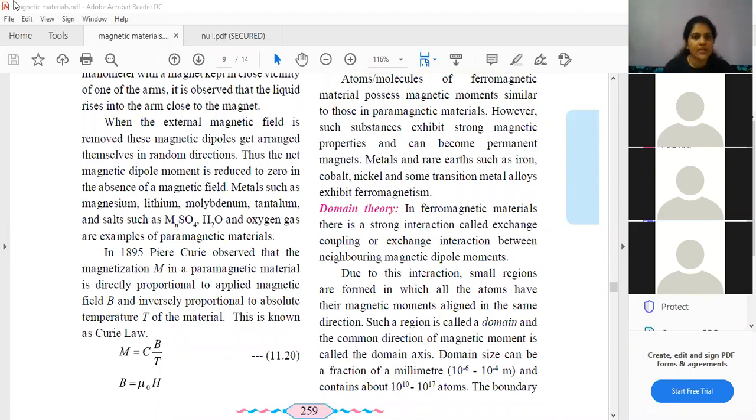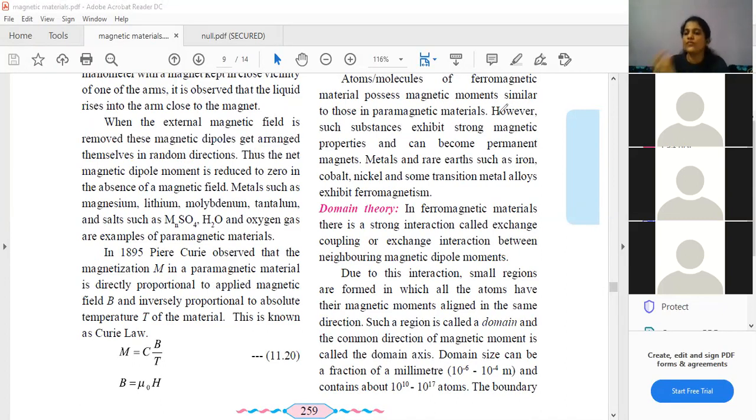Then what is this thing? See, so when the external magnetic field is removed, okay, what happens if I remove the external magnetic field? All right, then the magnetic dipoles get arranged in random directions again. So the external magnetic field helps to align them. When you all remove the external magnetic field, they again become random, and the net magnetic dipole moment again becomes 0. Okay, fine. So paramagnetism shows magnetic character only when external magnetic field is there.